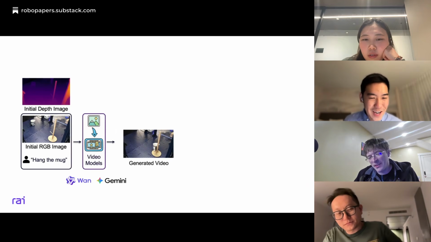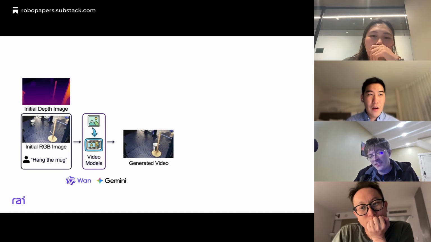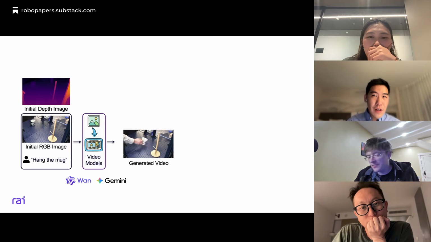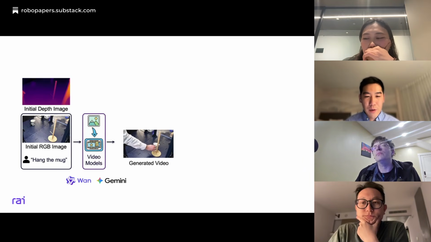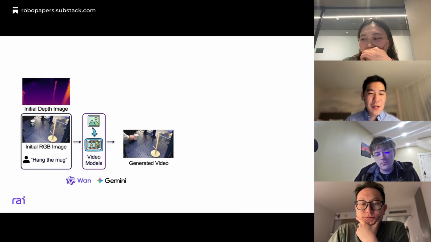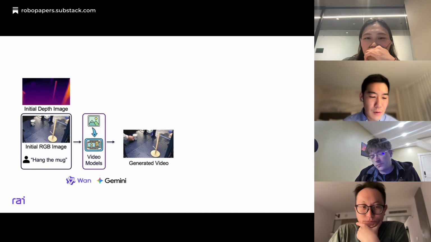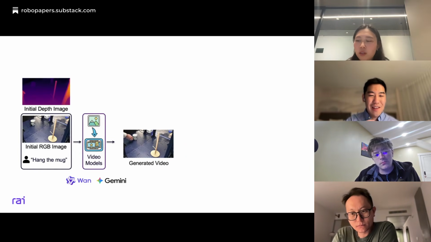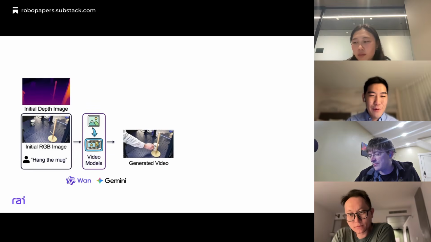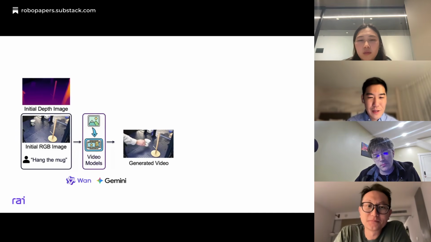I mean, there's always surprise. But by the time we experimented, we tried generating robot video. It not only messed up the robot morphology, but also object contact and object physics, those kinds of things. We ultimately decided to generate human hand video, because we found it's the most stable option. So "hang the mug" is not actually just that; it's just the only words we can put into this figure. It's actually "hang the mug using a human hand" or something like that.